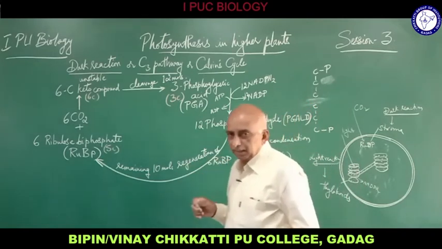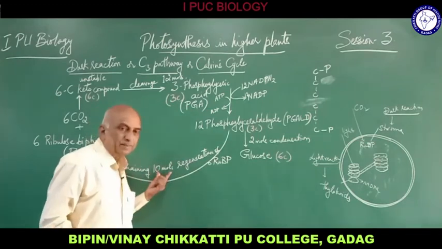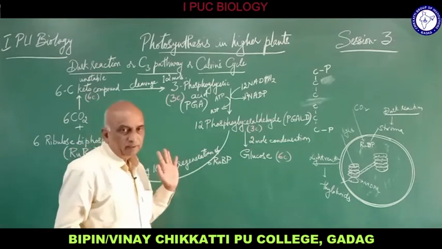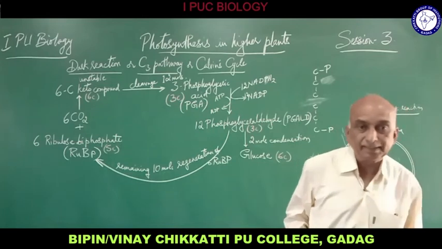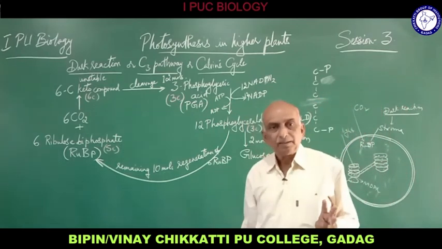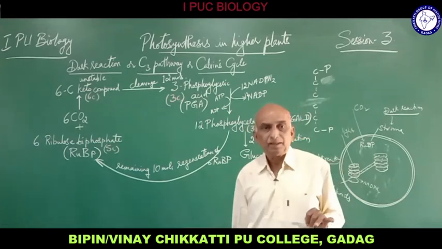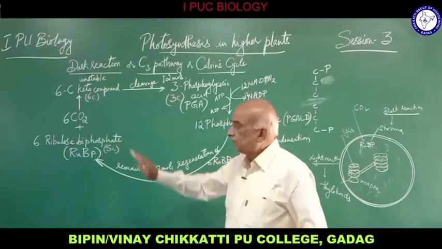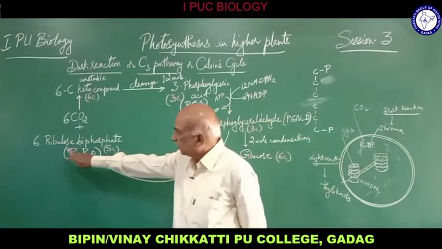As I said, we just mention that 10 molecules of PGALD are used in the regeneration of RuBP, that's all. But actually there are intermediate compounds formed like pseudoheptulose phosphate, erythrose phosphate, xylulose phosphate, ribose phosphate, then ribulose phosphate. That is how ribulose phosphate is regenerated, and again the 6 RuBP are further used